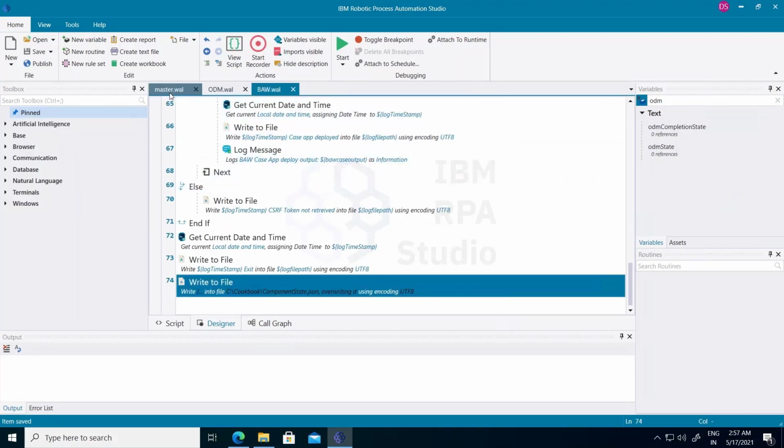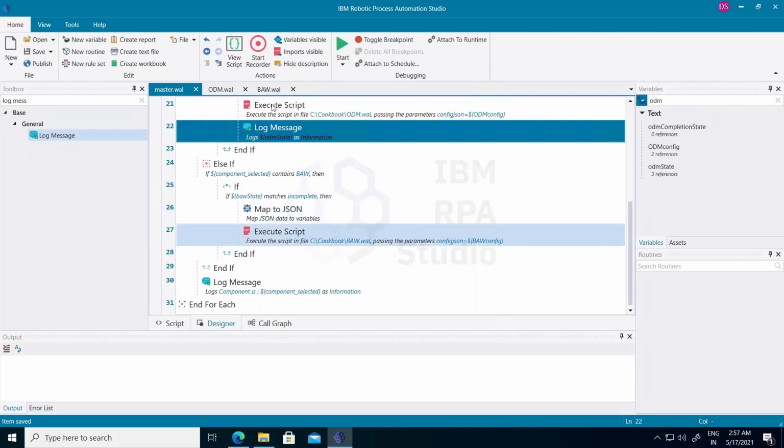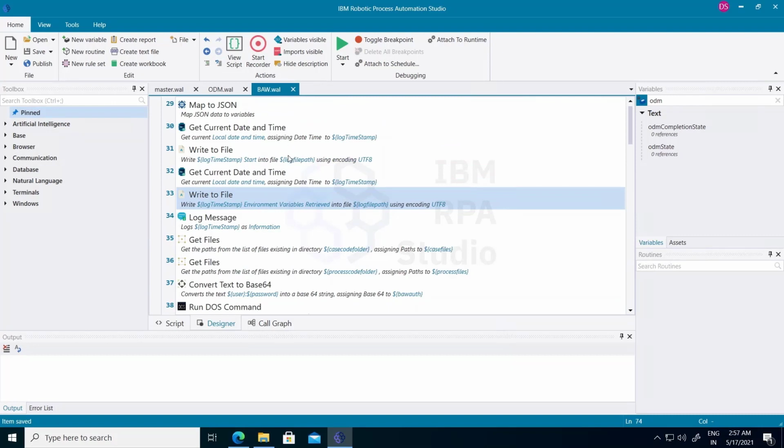Then once ODM is done, we'll come to BAW. BAW also similarly will retrieve the values, and inside BAW we are writing logs.